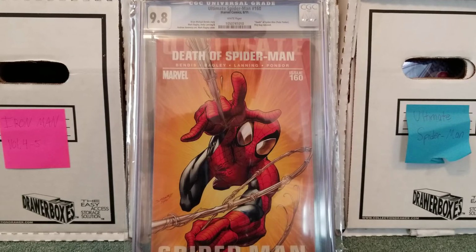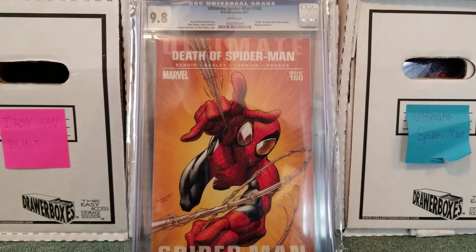It's a great series. I reread it every year. This issue always makes me emotional. It's a great handling of death, and of just comics in general. So